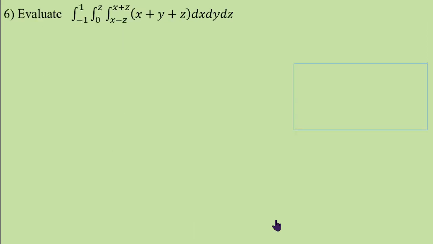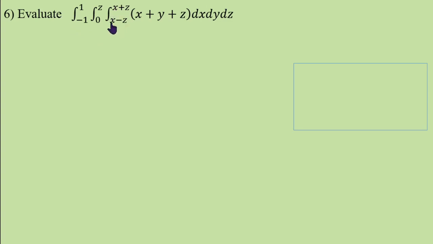Next question is, evaluate the triple integral from minus 1 to 1, 0 to z, and x minus z to x plus z, of x plus y plus z, dx dy dz. Now, the order of integration is not decided by this, because here the variables...